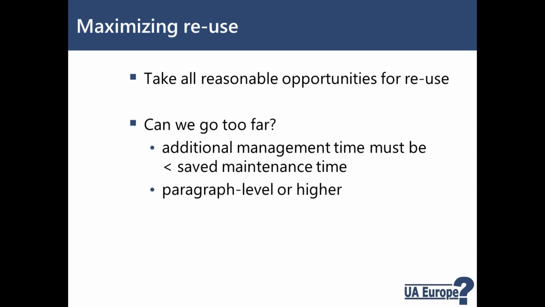My recommendation is that you keep your reuse at a paragraph level or higher, certainly when it comes to snippets. Variables are an exception to that, because we do use variables for short words or phrases or numbers, such as version numbers and telephone numbers. But on the whole, when we're reusing information or applying conditions, I would apply conditions to paragraphs or groups of paragraphs, not to sentences or phrases within a paragraph.